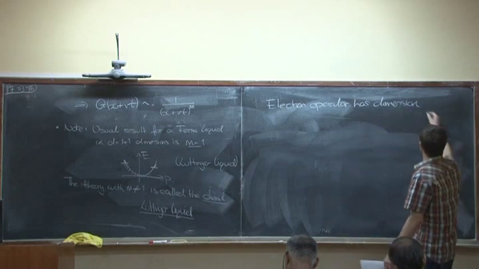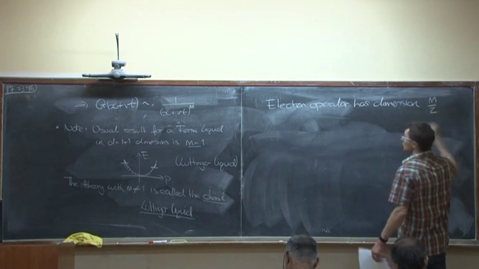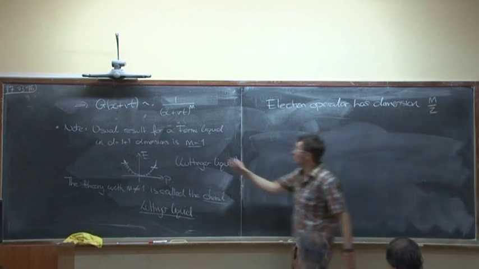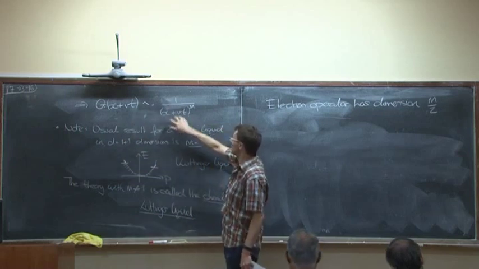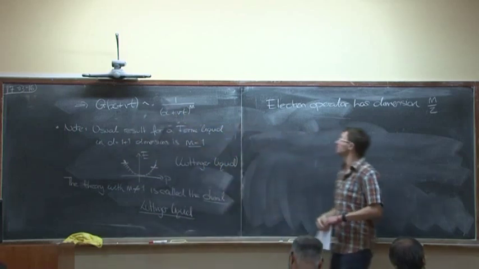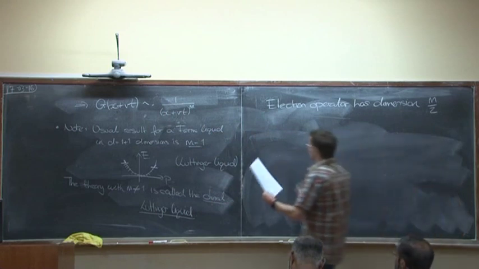So the electron operator has dimension m over 2. Why is that? It is because x has dimension minus 1, and this is two electron operators. On the right hand side we have dimension m. Okay. Instead of